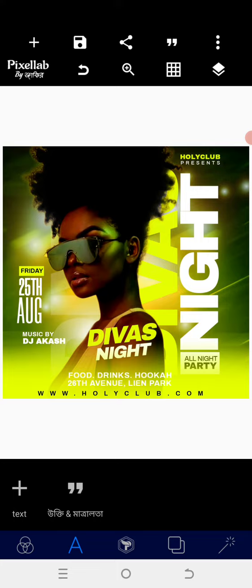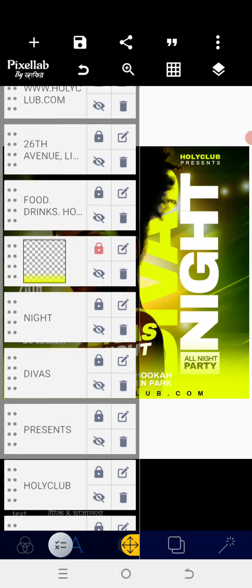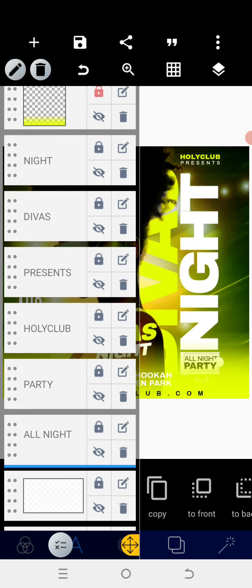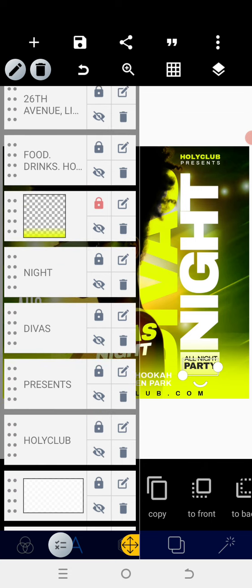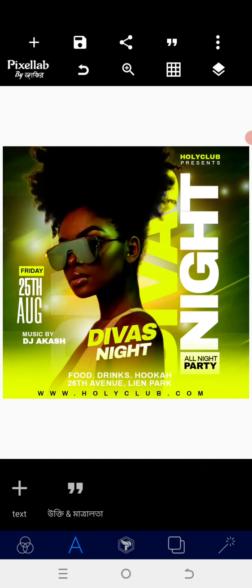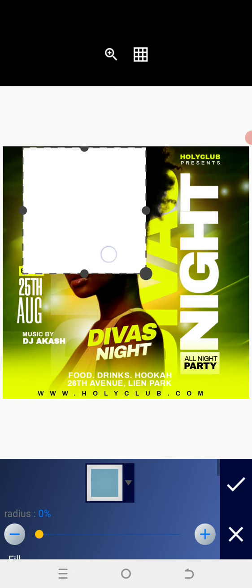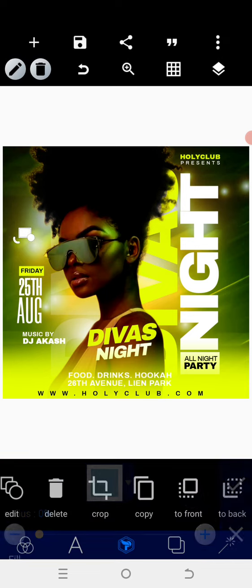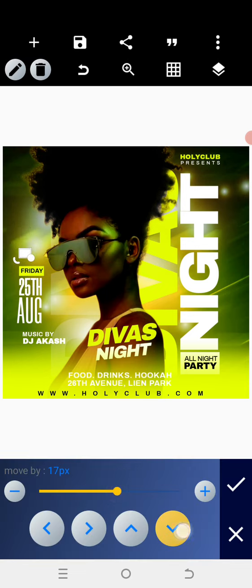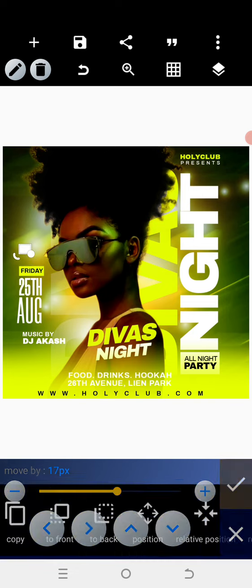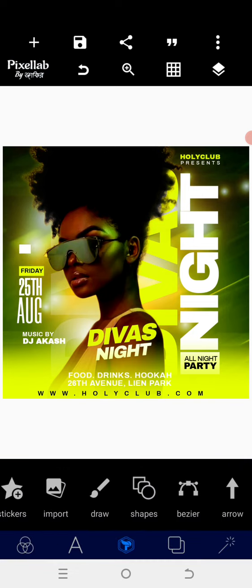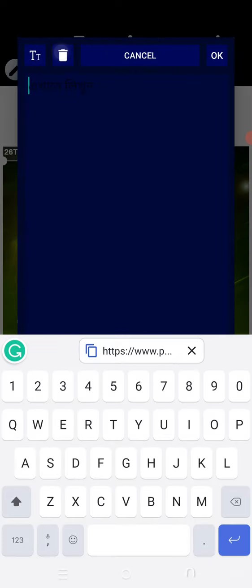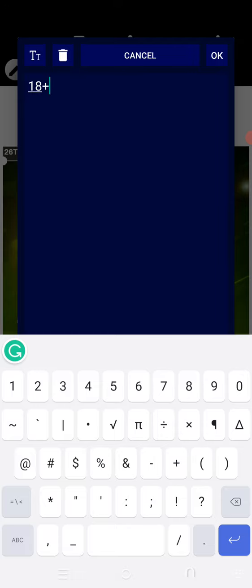So after that has been done, then the next thing is all party and others. So let's say we have all party front. Party should be front so that it can be visible. So you copy. So when you copy, bring it around there. So we just have to copy this 18 plus,